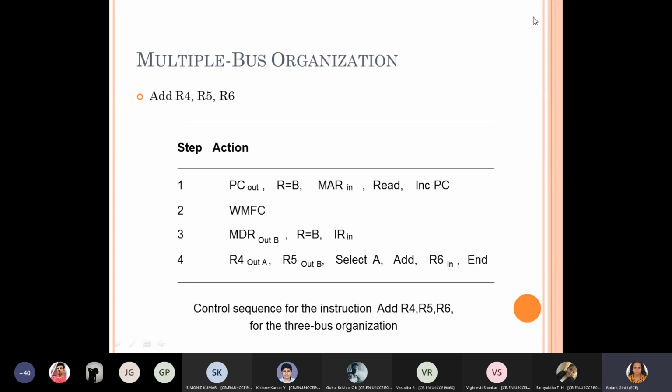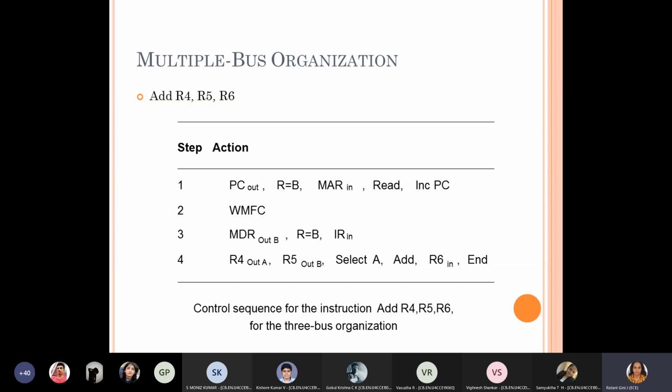Okay, so we discussed both single bus organization and multi-bus organization, so that you will get an idea of how going with multiple buses is an advantage, how it reduces the number of control signals required, how the number of clock pulses is reduced, and invariably how it increases the speed of the operation, or the time required to execute one instruction.